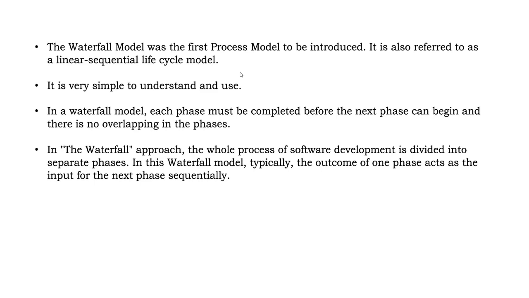It is referred to as a linear as well as sequential life cycle model because it starts with the first phase, and after the first phase is completed, the next phase comes into picture. After the second phase is completed, the next phase comes into picture. So that is how the linear and sequential waterfall model works. It's very simple to understand and use. In the waterfall model, each phase must be completed before the next phase can begin, and there is no overlapping